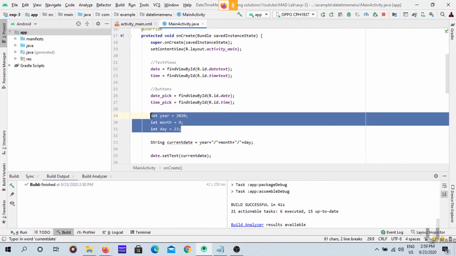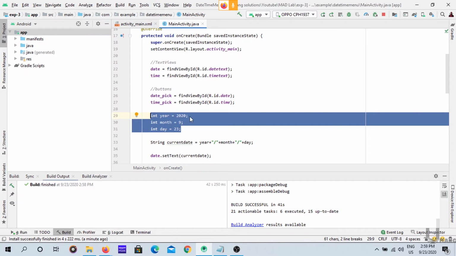We hard-coded the values, and hard coding is not good in Android Studio. We have to get the data dynamically. We got the current date, but we hard-coded it. Let's take an example: when the user opens our app in 2021, but our app still shows today's date, it is wrong. So we have to get the current date dynamically.